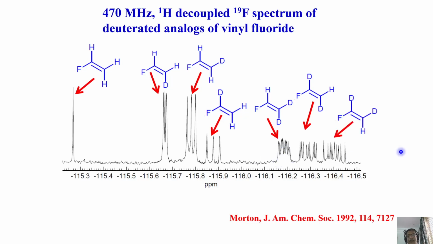Now this is another analog of that. Another very interesting thing. Now we have a geminal coupling, I would say 2-bond coupling, of fluorine and deuterium, and 3-bond coupling to the deuterium which is in trans position. And you see again a 9-line pattern. Analysis of that gives me the 2-bond FD coupling and the 3-bond FD coupling trans to fluorine.